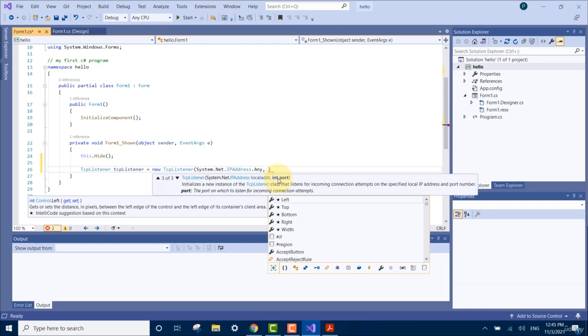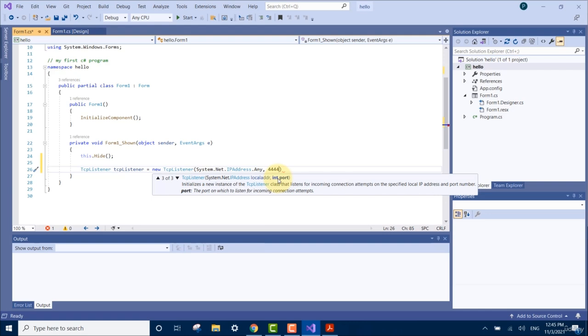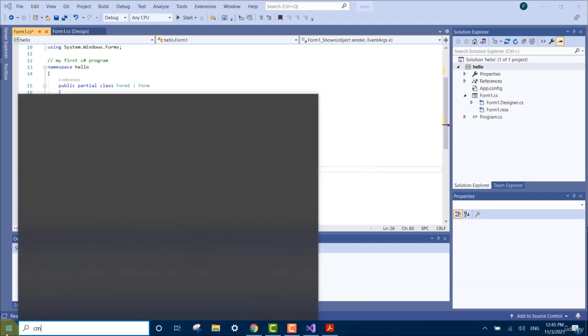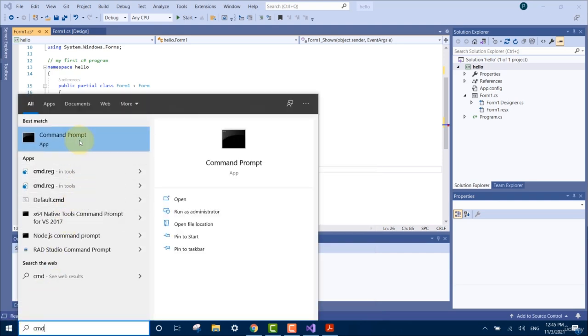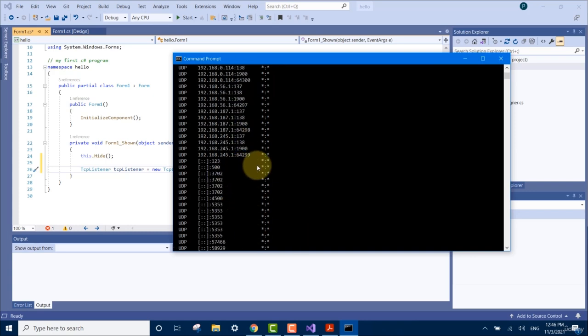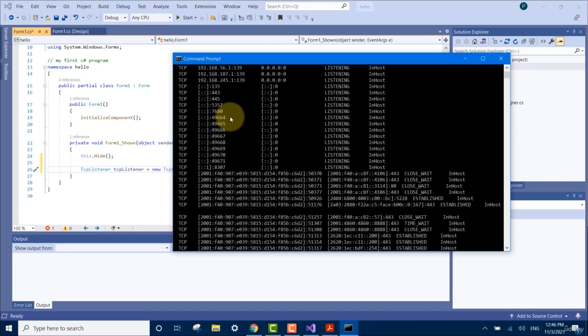So we can use, say, 4444, which should be quite available because no services are making use of port 4444. But you can always confirm it by opening the command prompt and typing netstat -tan to confirm it. So you can type this now. If you want to confirm that port 4444 is available, type cmd and then click on the command prompt here and then type netstat space -tan, hit enter, and then now you can scroll and make sure that port 4444